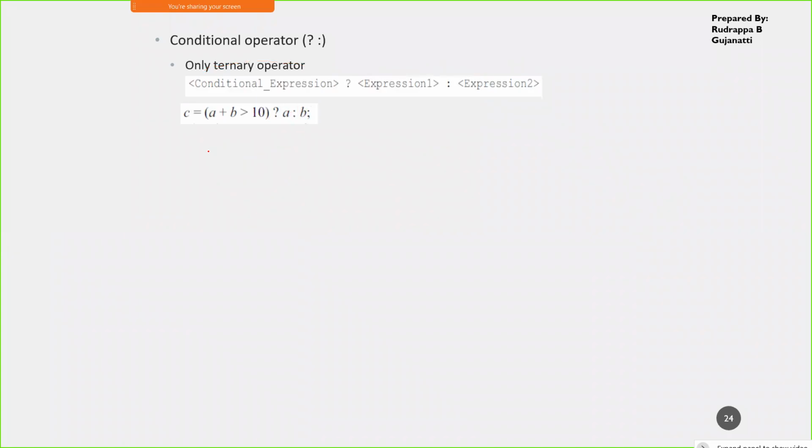Suppose I'll keep it simple. A is equal to whether a is greater than, say, some number 5, then I have the condition. If this is true, you evaluate this expression. If this is false, then you assign this operation. Say for example, a is equal to 1 and b is equal to 2.